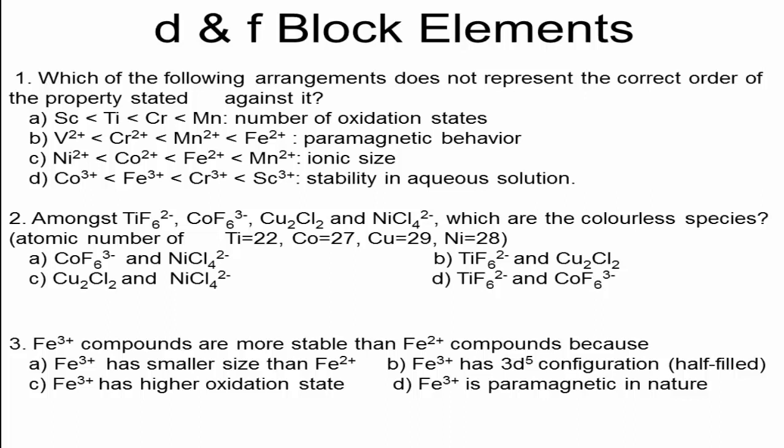Yes, when you observe option A, we know the concept. The oxidation states increase as we go from group 3 to group 7 in the same period. According to that concept, option A is the correct order. When you come to option B, they have given V2 plus is less than Cr2 plus, less than Mn2 plus, less than Fe2 plus. This order is based on paramagnetic behavior. When we observe this arrangement,